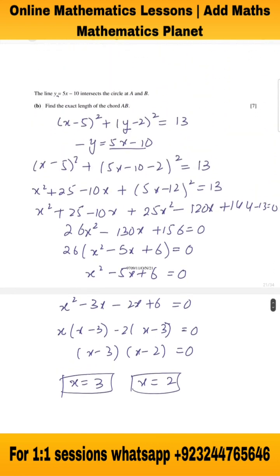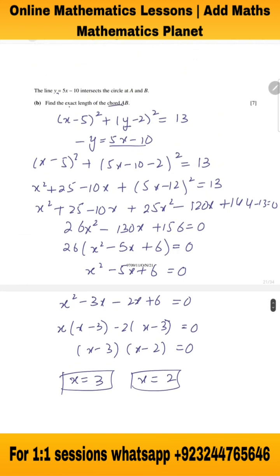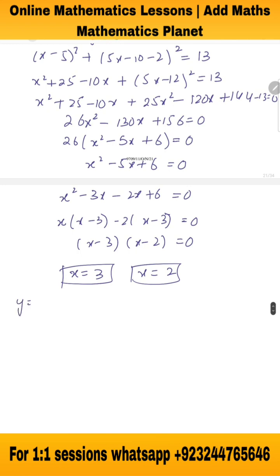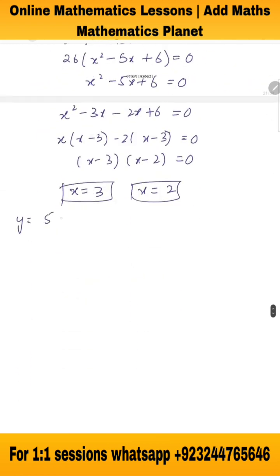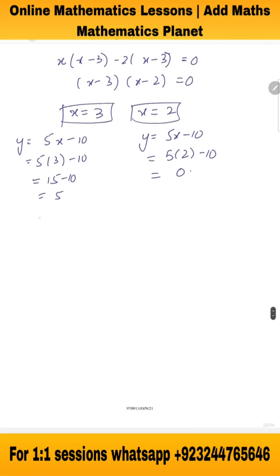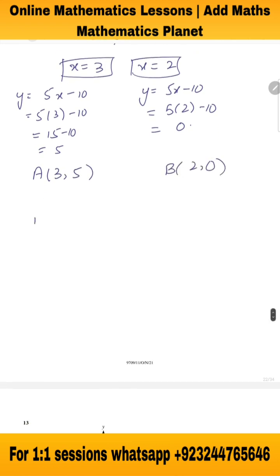So now finding the coordinates of y, because we need to find the exact length of the chord AB. So we get the coordinates of x now. To find the coordinates of y, y = 5x − 10. So the coordinates are A (3, 5) and B (2, 0). So the length of the chord AB will be